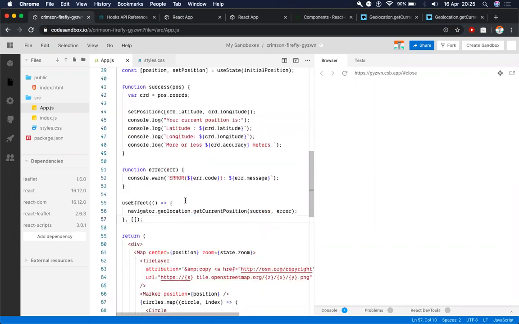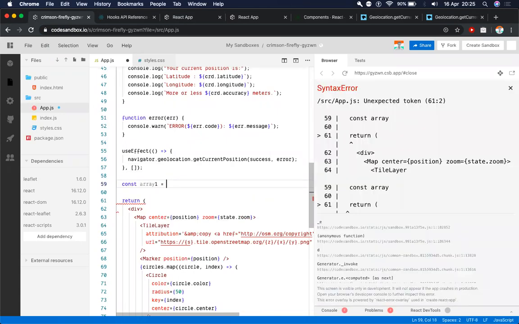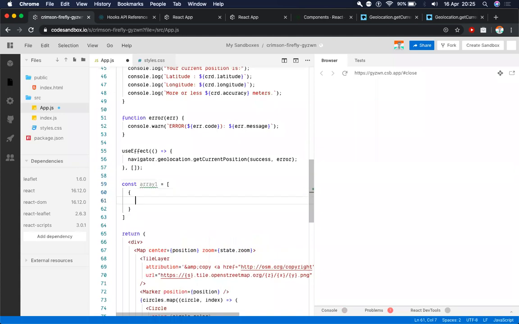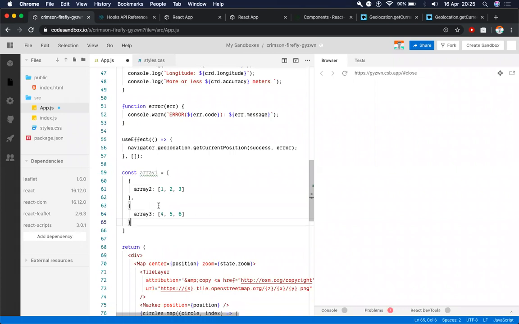That can be helpful when you have an array 1 and inside that array you have other arrays. So array 2 is something like this, array 3 is something like this, and this has a bunch of elements in here, 1, 2, 3, 4, 5, 6. So in this case, if I want to get these individual elements,